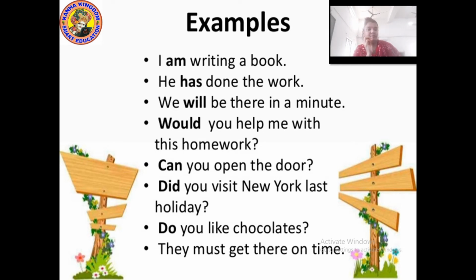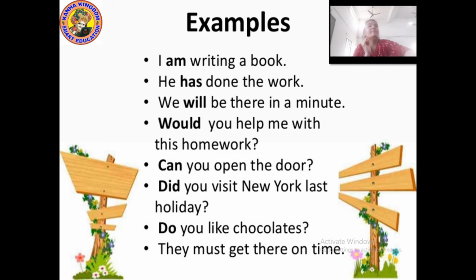M-U-S-T, must. So these were some examples in which I explained that the auxiliary verb is added to the sentence to show the tense also. Tense like past, present, future, or continuous tense, the progressive tense or the perfect tense. For the perfect tense we will add have and has. And for continuous tense, is, am, are, was, were. To know if the sentence is in future tense, you will look for the auxiliary verb will.